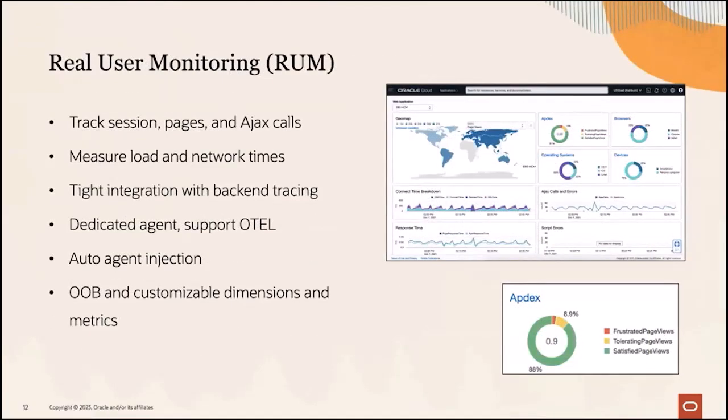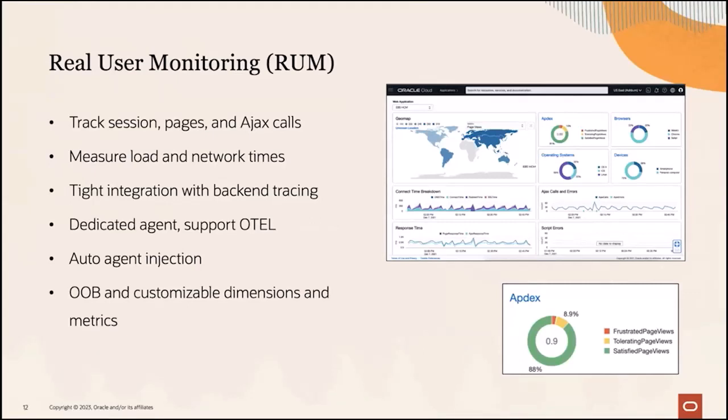So real user monitoring is actually using tracing as well. Just the collection happens on the browser. So there's an agent for Java, an agent for Python, an agent for some other services in the backend. There's also an agent that runs within the browser and sends data. So it's just another component on the trace, but it also collects a lot of dimensions that are specific to